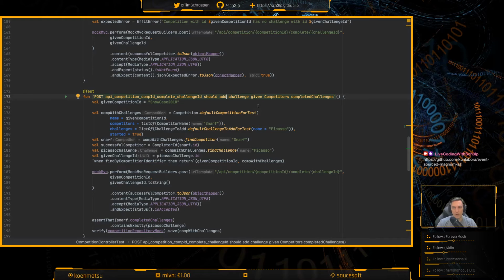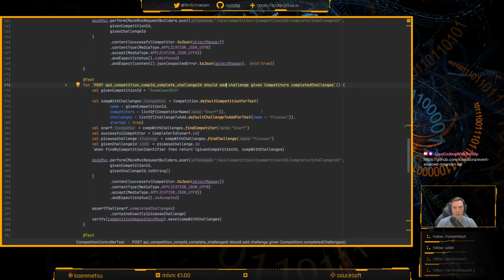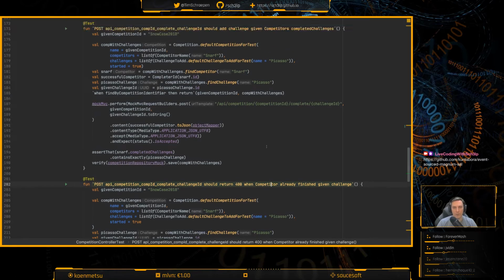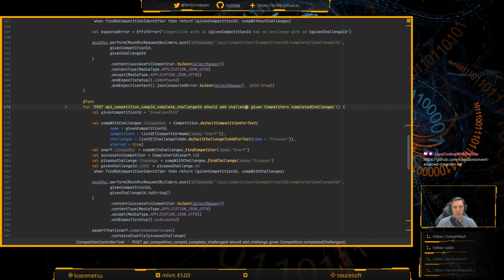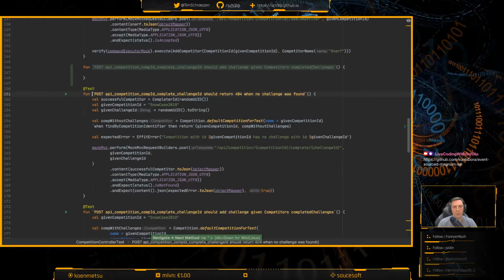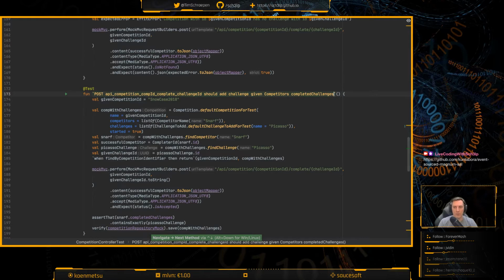Should add challenge given competitors completed challenges. And here's a 400. So basically it's this one that I want as a test name. Let's just call this do or something, or maybe let's call the other one to be removed. -tbr, I don't know.